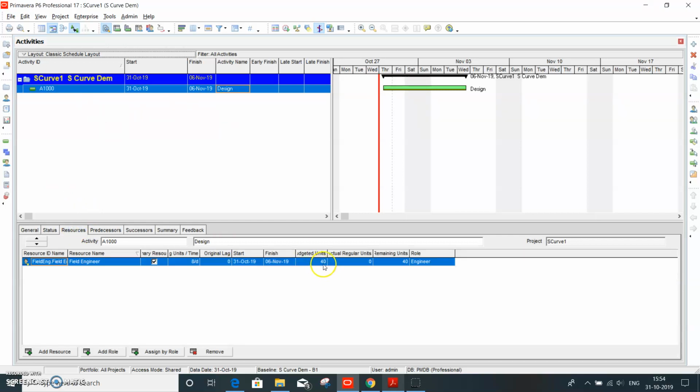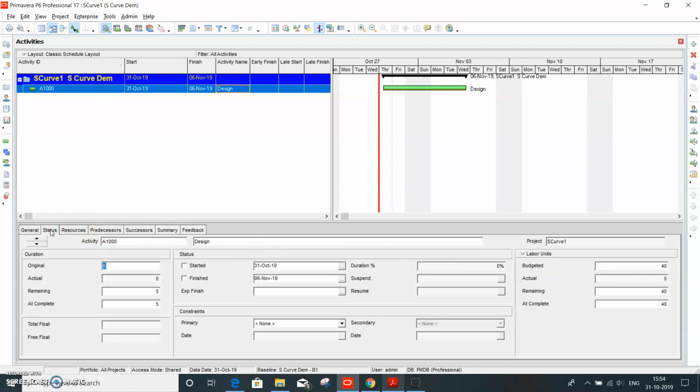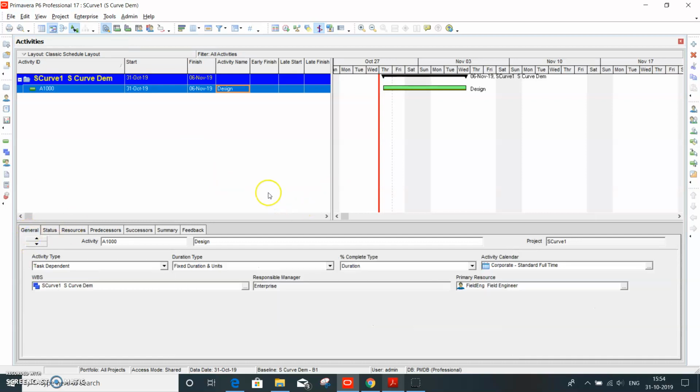It's 40 units, about a week's time, and status is yet to start. I have also maintained and assigned the baseline, so all done. This is just for demonstration purposes. So we just need to update the progress and see how the graph will look.